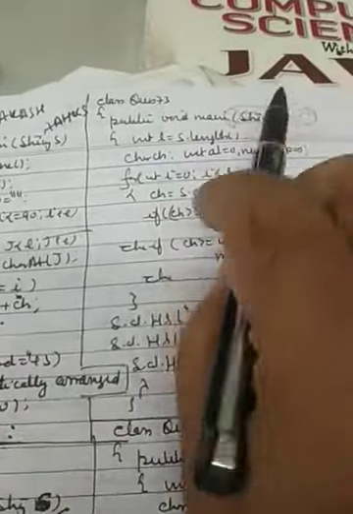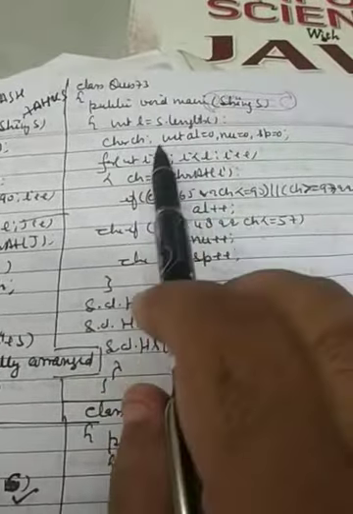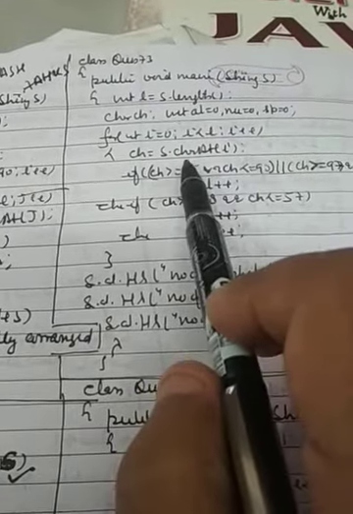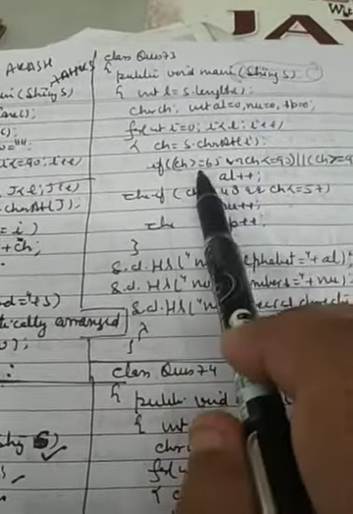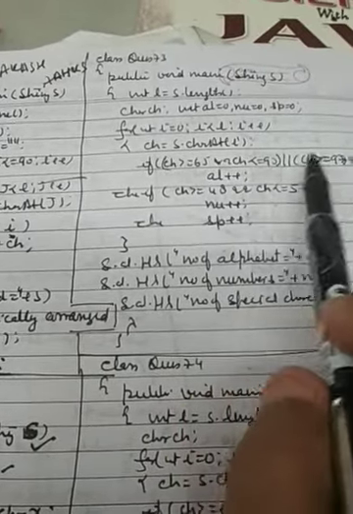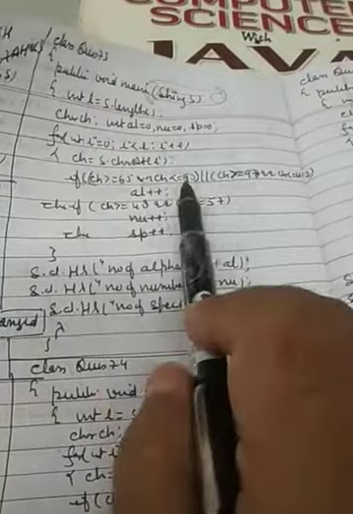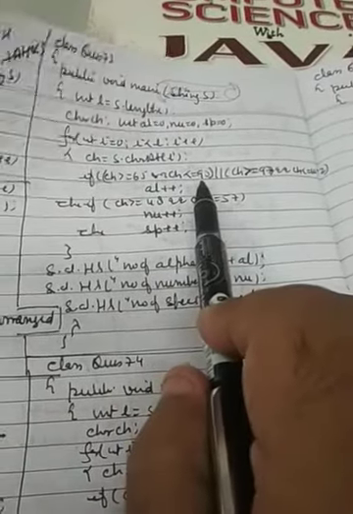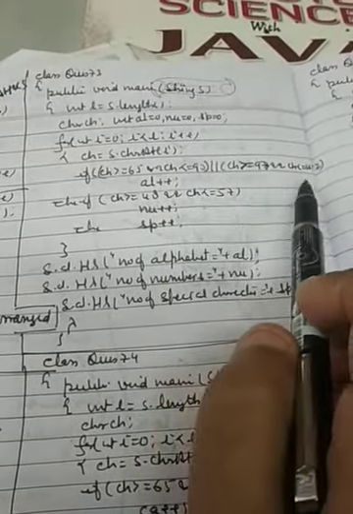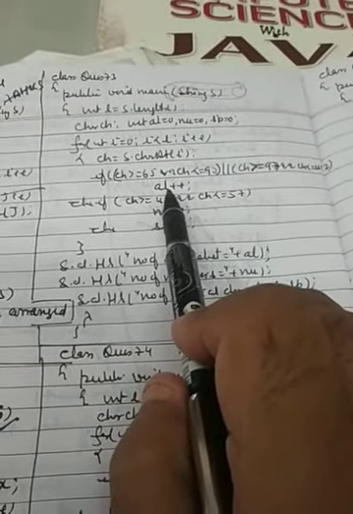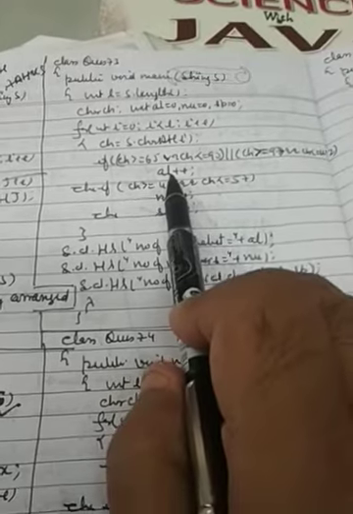Now see, we have entered the string, found the length, declared all the variables, and we are running a loop. Every time we are picking a character. If the ASCII code is 65 to 90 or 97 to 122, these are the ASCII codes of capital alphabets and small alphabets. We are increasing a counter, say AL++. So this will find out the number of alphabets, whether capital or small.